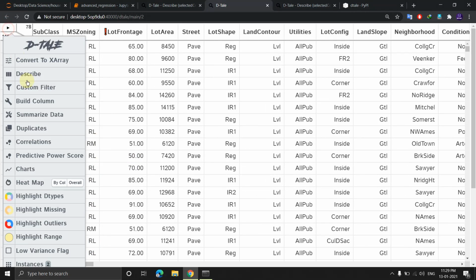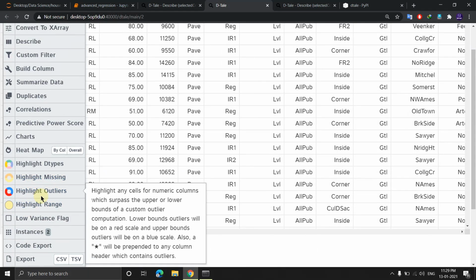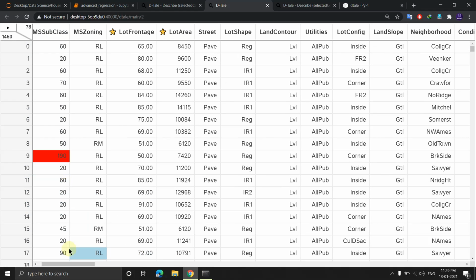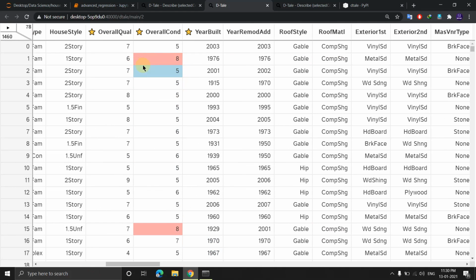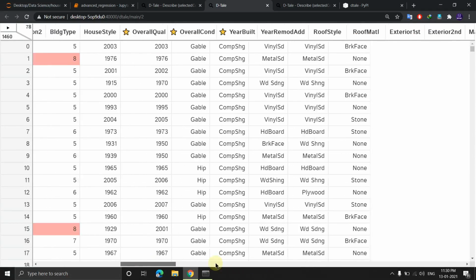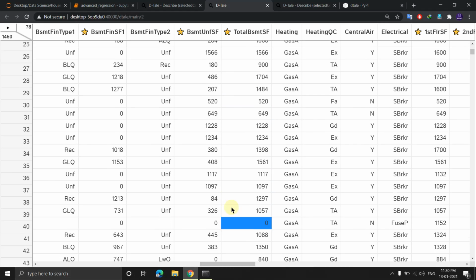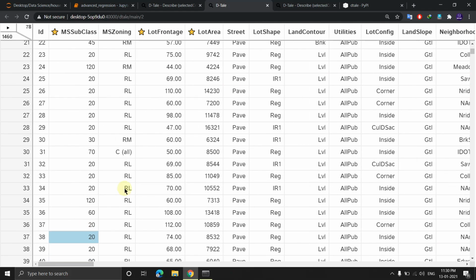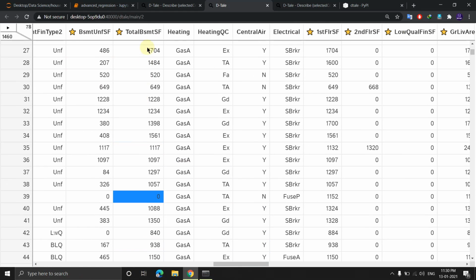Now we're going to tell you something more about it. We have done missing values, and we can remove outliers as well. Suppose outliers are light red, it means that you don't need to remove them. Okay, you can understand this. And if it's blue, it means that, okay, just describe any column. I'm just giving you a very simple example. Let's take this value,